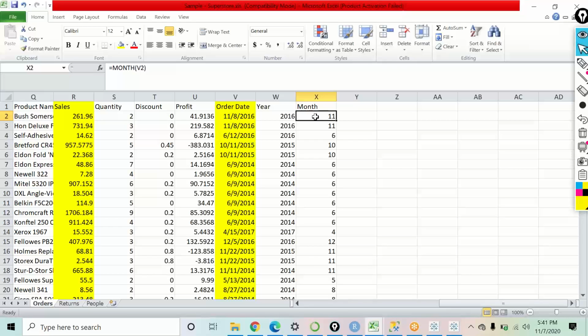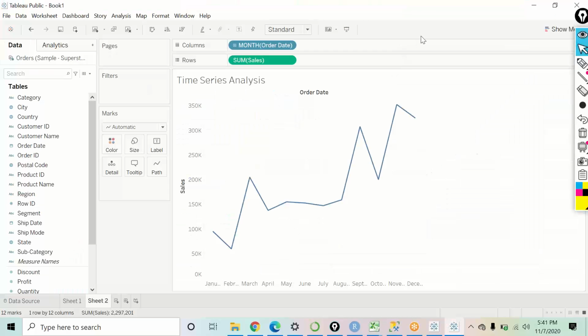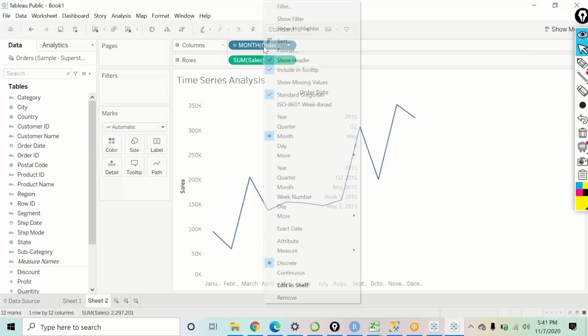So Samir, from this chart, we can actually make out generally in which months we have high sales, right? And in which month we have low sales. But definitely still this is something that we were not looking out for. So if you right click again on this field,